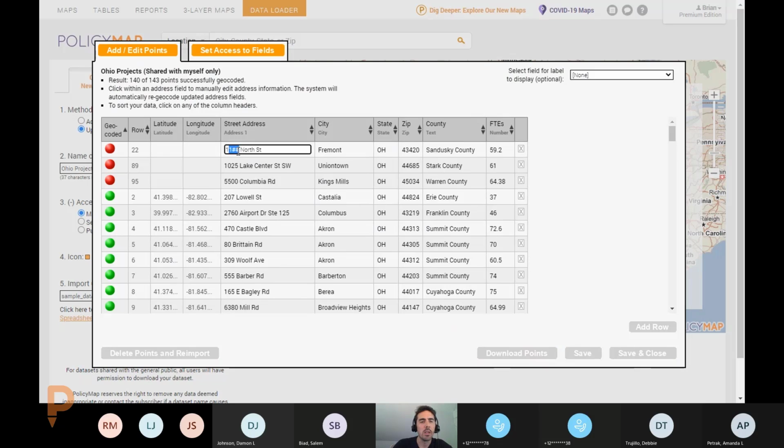So like this one, you can put in missing street numbers, and then once you've changed that, you'll see it's a green dot now because it found that match. So once you've addressed any of these errors or issues within your address data, and you're ready to see that on the map and use it in PolicyMap, you can just click on this Save and Close